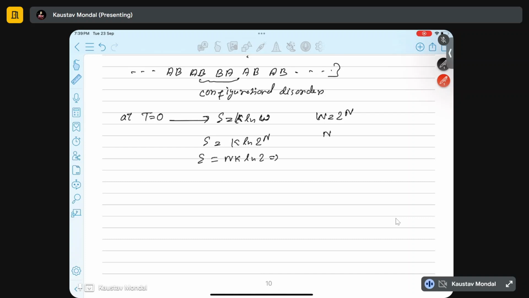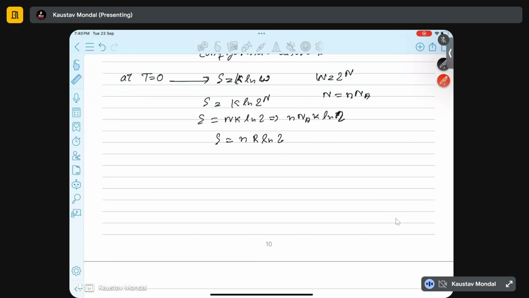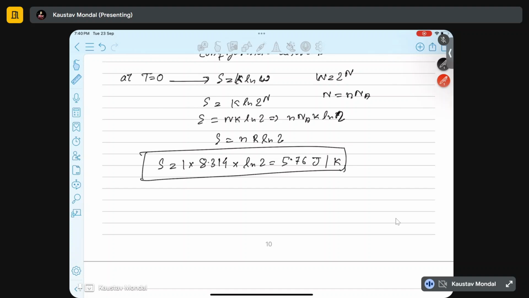Now n k, you can write n, the number of molecules, as a multiplication of n, that is the mole, and N_A, the Avogadro number. So n N_A k ln 2, sorry. So S would be n R ln 2. Now for 1 mole of gas, S would be 1 into R, we know 8.314, into ln 2. So this gives you 5.76 joule per Kelvin as the value of residual entropy. Okay,